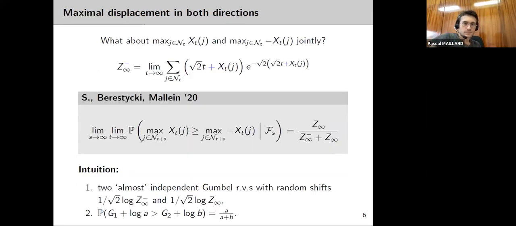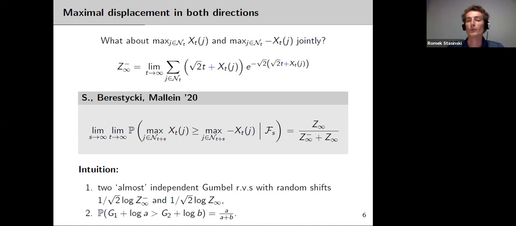Okay, equipped with that knowledge about the relative displacement of the maximal position with respect to expected position, we asked the following question. What could we actually say about the joint distribution of the leftmost and the rightmost particle in this setting? The first observation is that if you look at the leftmost particle, then we could actually flip the sign of all the particles of our BBM, and then what we call the leftmost particle now becomes the rightmost particle of the new BBM.